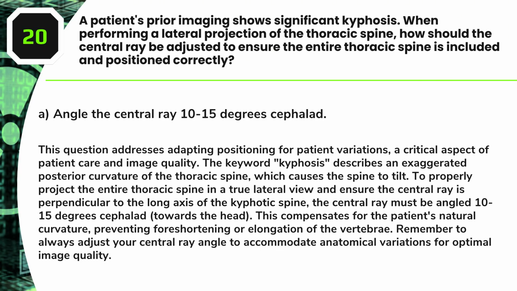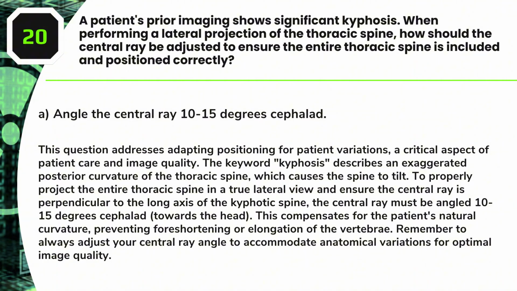Answer: A. Angle the central ray 10 to 15 degrees cephalad. This question addresses adapting positioning for patient variations, a critical aspect of patient care and image quality. The keyword kyphosis describes an exaggerated posterior curvature of the thoracic spine, which causes the spine to tilt. To properly project the entire thoracic spine in a true lateral view and ensure the central ray is perpendicular to